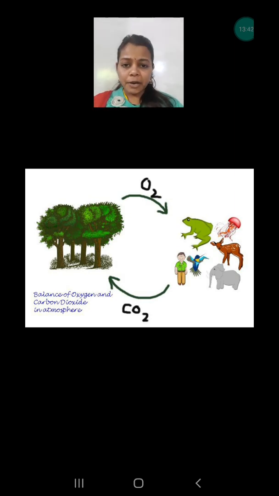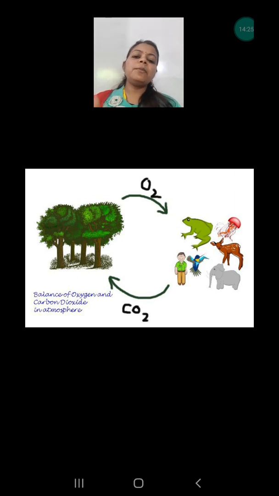Carbon dioxide is very bad for our environment as it increases the temperature. So carbon dioxide must be absorbed by the plants, and in exchange oxygen is released. So in this way, plants as well as animals are both important to maintain the balance. If the plants are more and human beings and animals are less, then a smaller amount of carbon dioxide will be released, which will not be sufficient for the plants. On the other hand, if the plants are less, then they will give a very small amount of oxygen, which is insufficient for the animals.